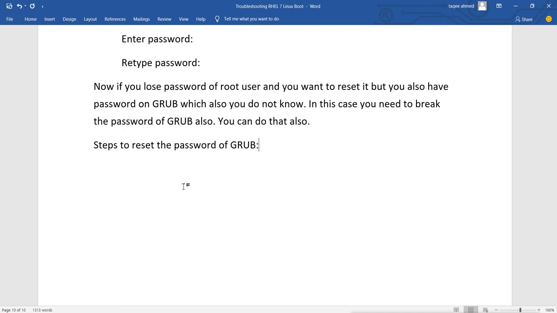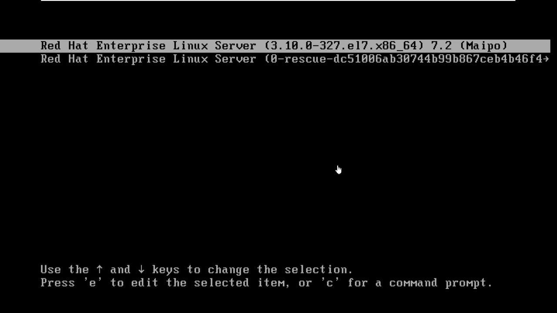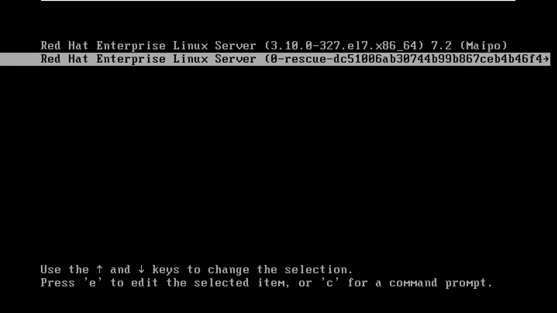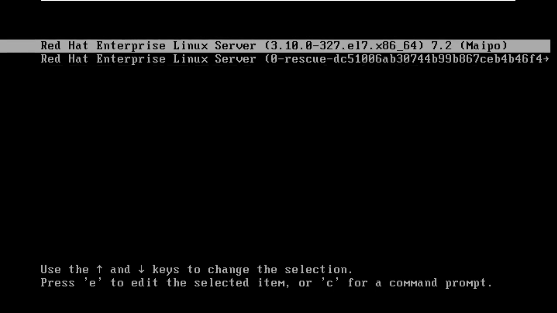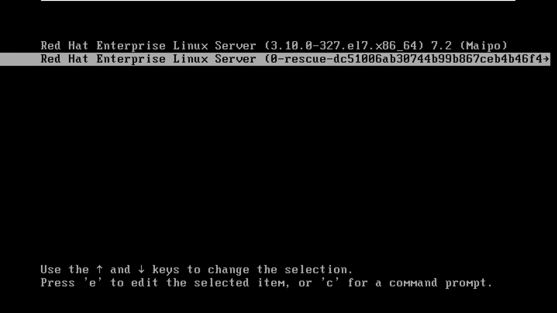Now in the case if your first kernel is not starting, then what? When you boot your system and it is not starting, you have two kernels already there in your system. Suppose this is the normal one, this is the rescue one. Both are actually safe. So if this kernel is not starting, having some problem or corrupted, then you can start your system with the rescue kernel.